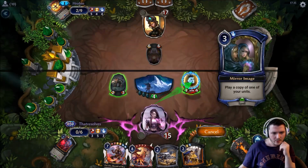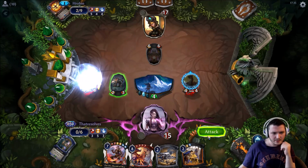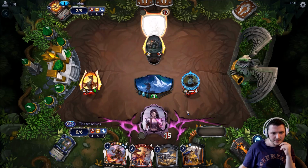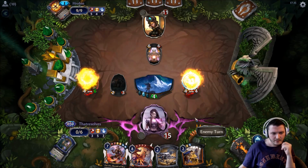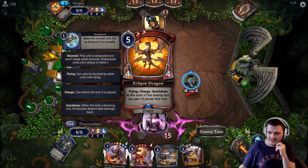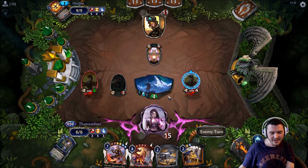Guess we mirror image here. Okay, instant resolves. Just attack our prop for 6. When they go to attack, we're just going to equivocate this. Also, Permafrost is not the best hit because it can resolve its power. I guess it doesn't really matter because we just mirror imaged it anyway, but...